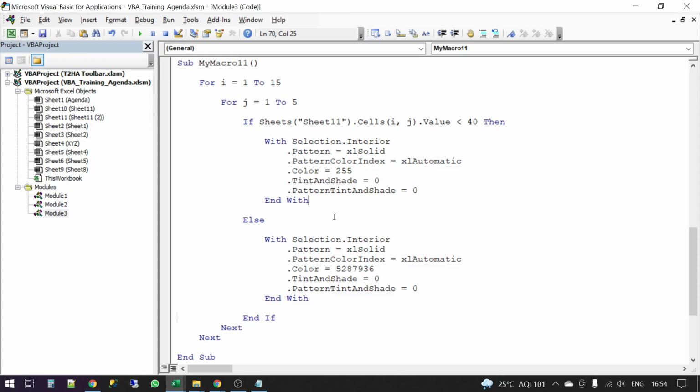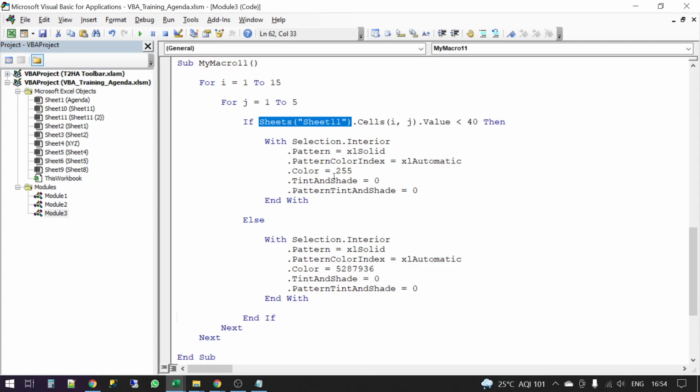We need to give a reference. What reference needs to be given? Active sheet dot cells i comma j. Okay. We can do active sheet, but rather let's just use this sheet, right?